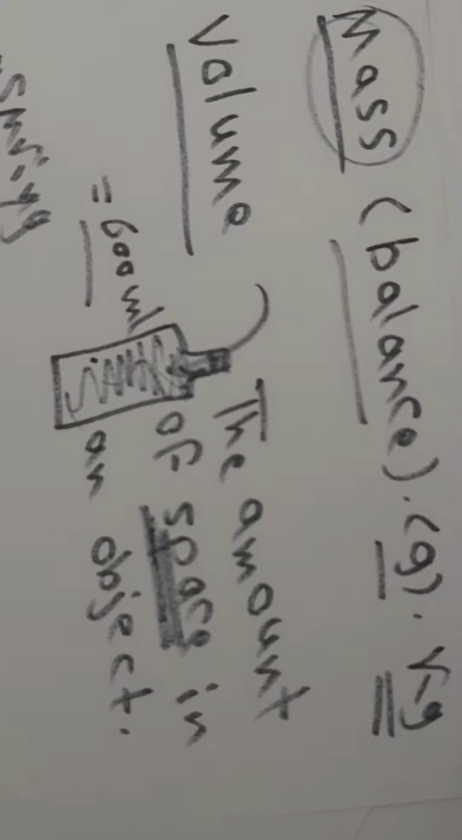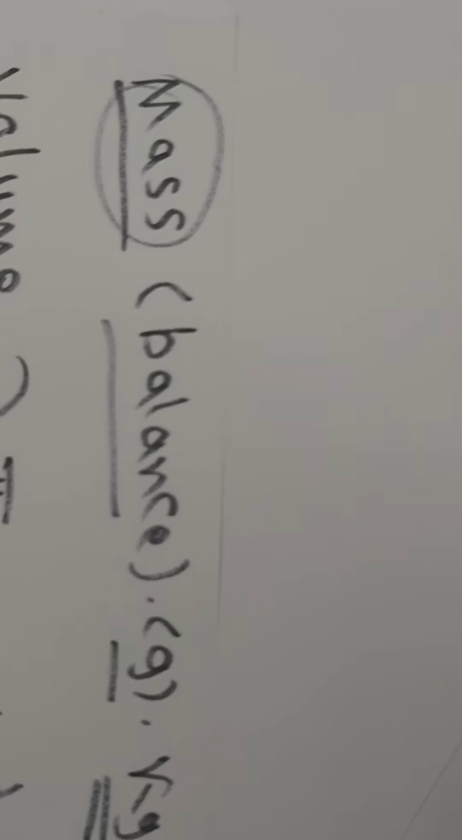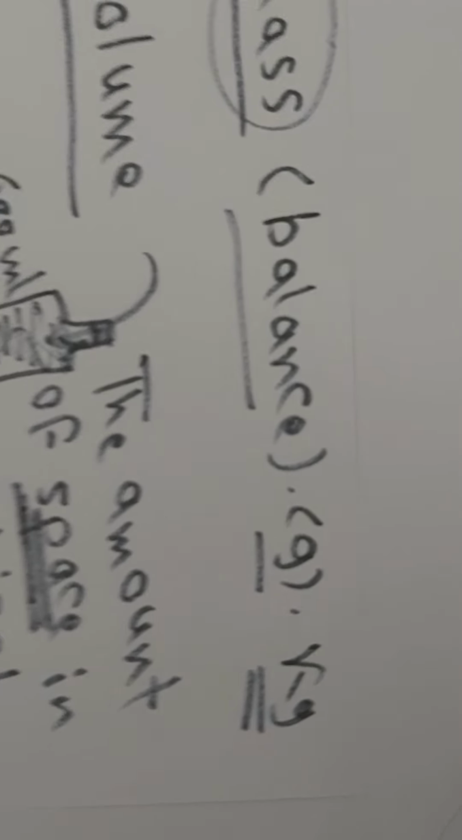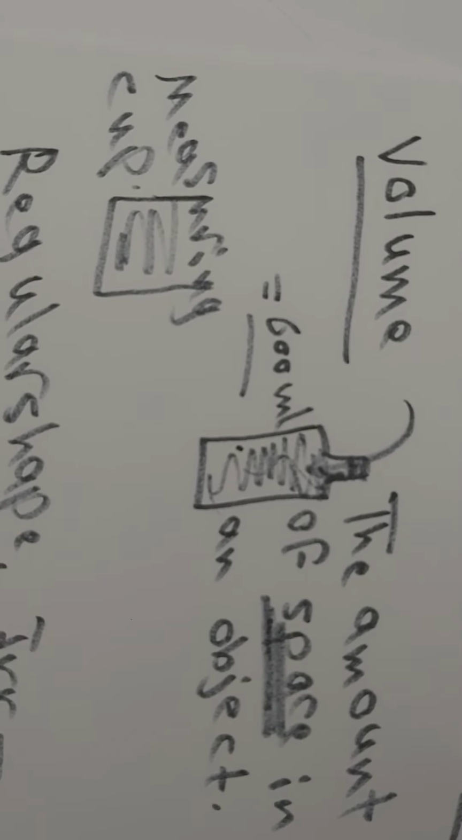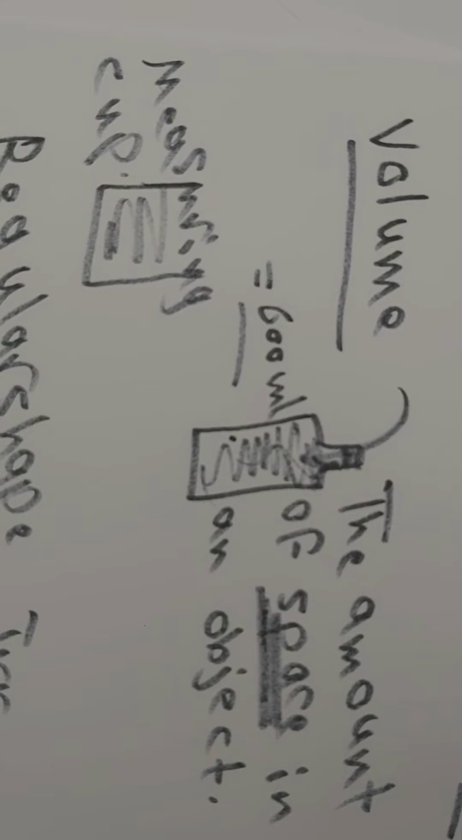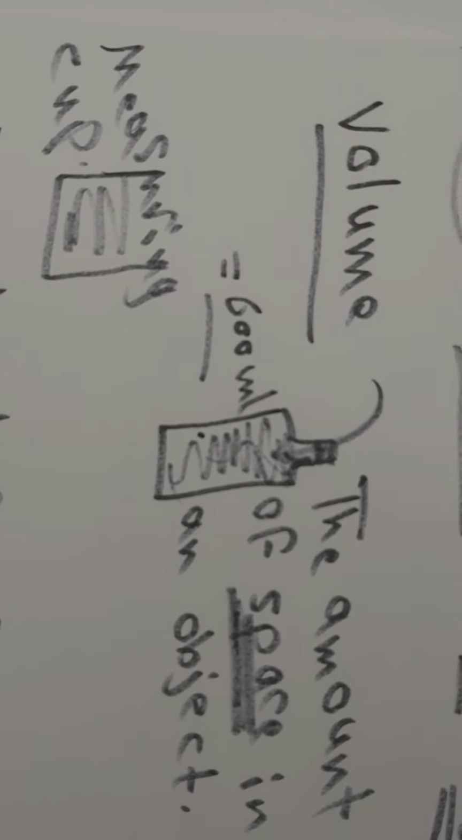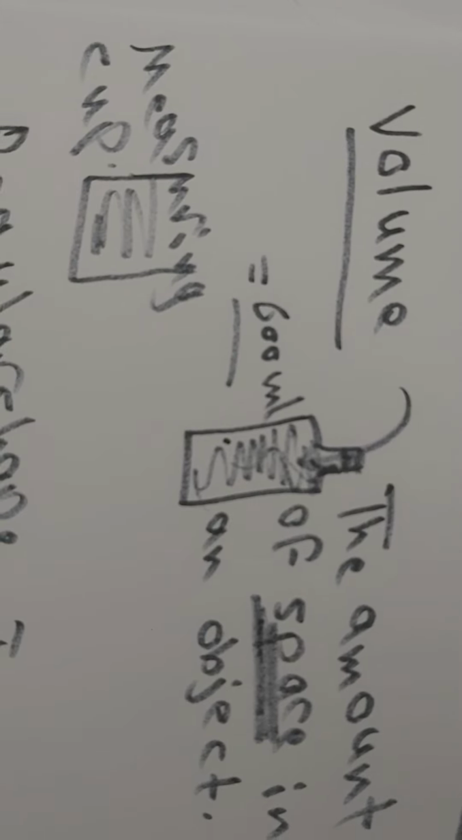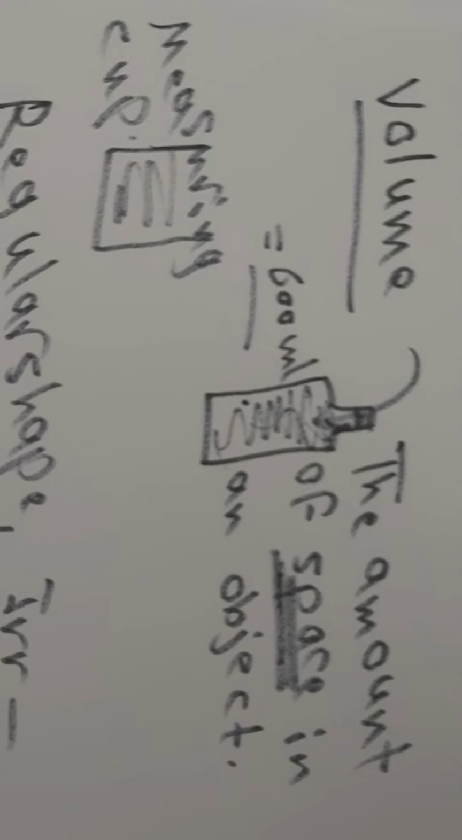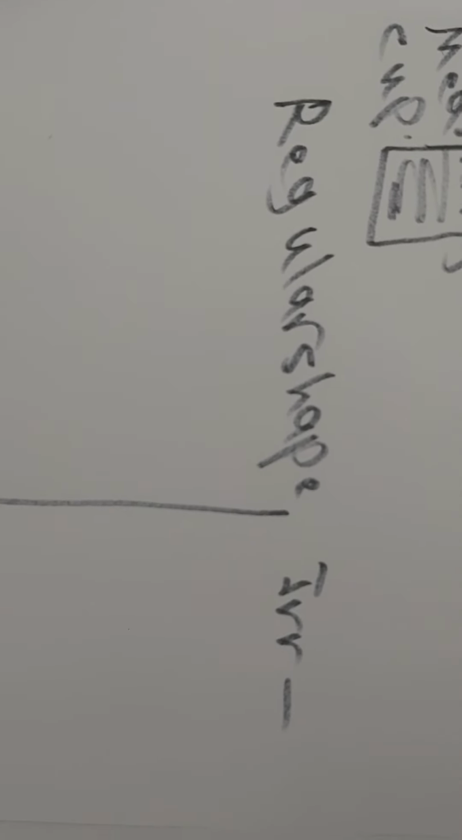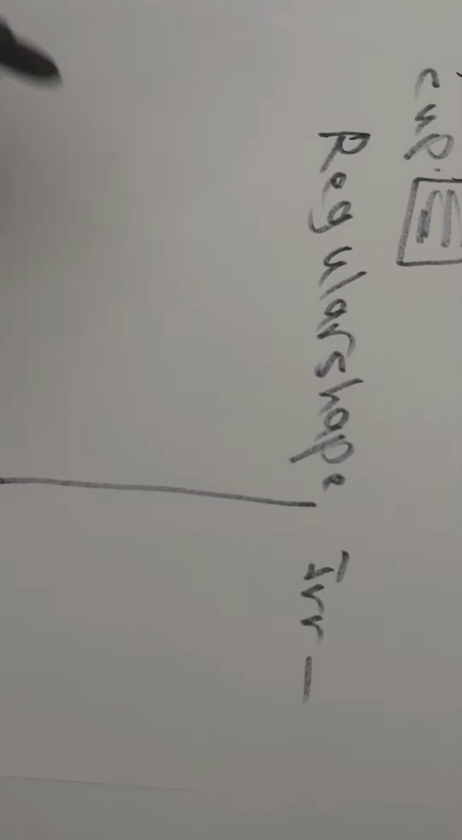So to measure the mass of an object, we use balance or pen balance, and we use gram and kilogram as units of mass. Volume, we use measuring cup or graduated cylinder to find the volume of liquids. Okay? Then, to find the volume of solids, we have two different cases. If we have regular shape like a cube, for example, if we have cube,